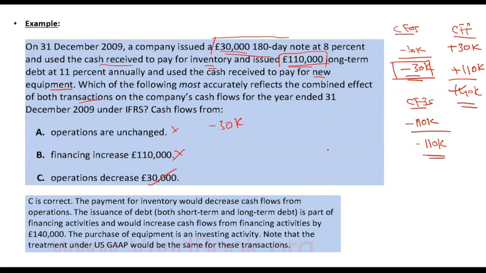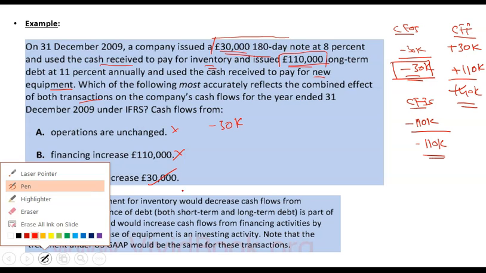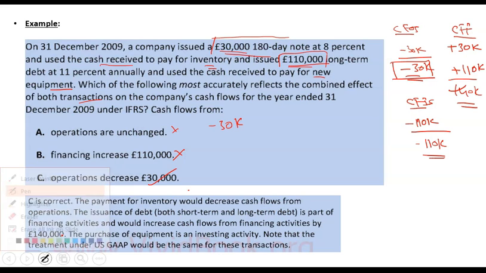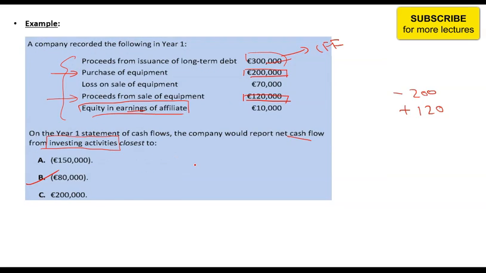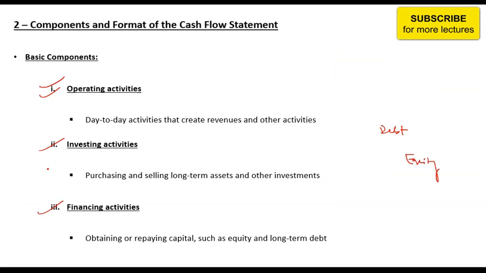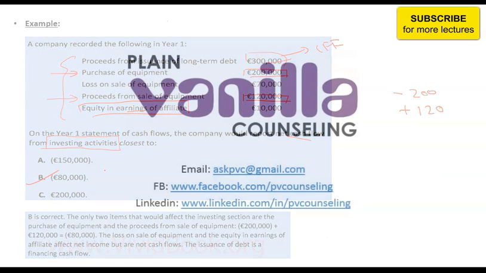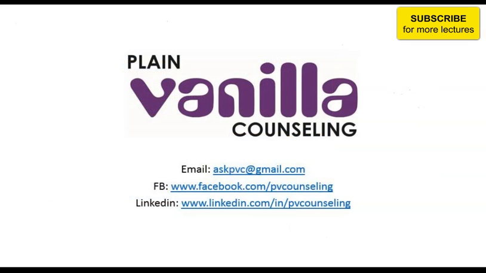So for any cash flows or any transactions happening, you should be able to identify how it will impact the cash flow statement, or what elements or what sections will be impacted. So the three components are operating, investing and financing, and the key learning here is that you should be able to identify where a particular transaction belongs, or where a particular transaction would be recorded.